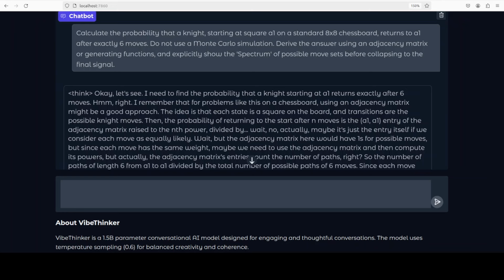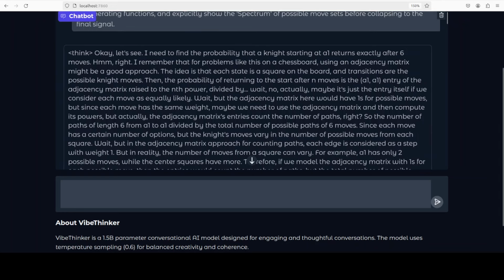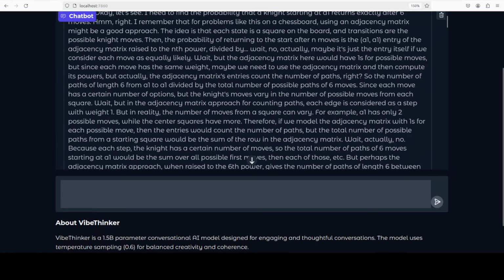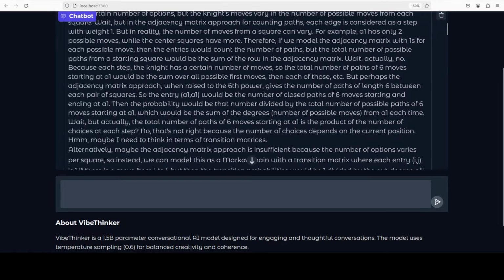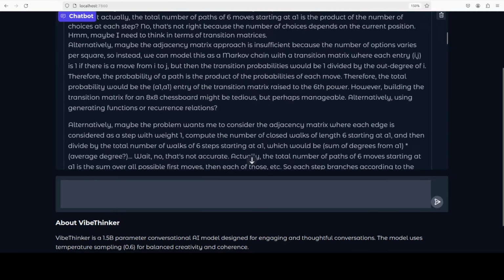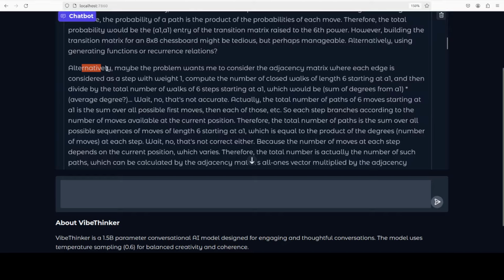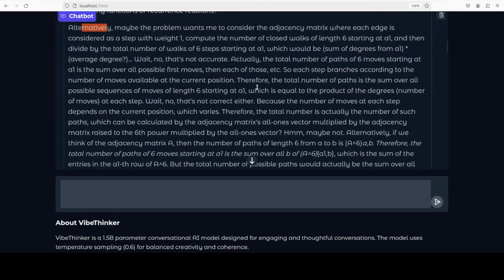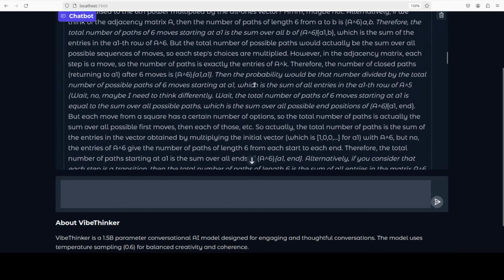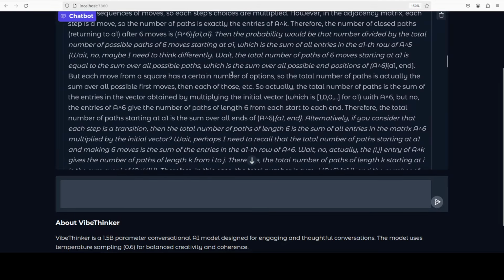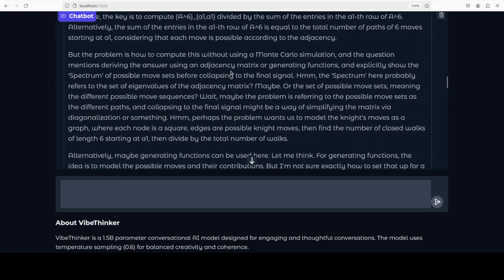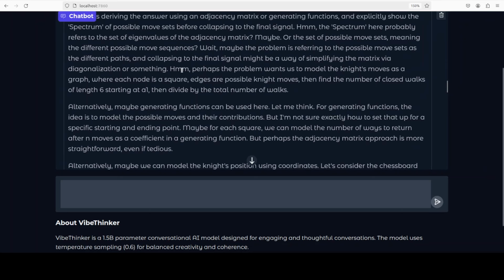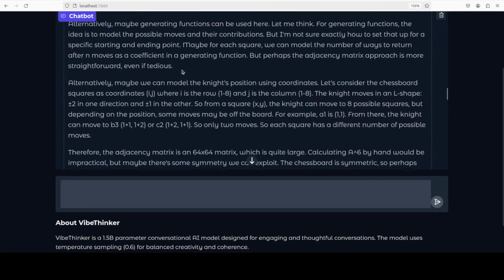And there you go. The model has come back with the response. And if you go through this answer, it has done quite well with chain of thought, and it has converged to a final solution after calculating the probability. It also had identified different alternatives. So it has thought long and hard, and then it has correctly identified the adjacency matrix, which is A6, and then it has executed that calculation, or it has collapsed the signal to result in this output. And then it has also given us some of the problems and alternatives.